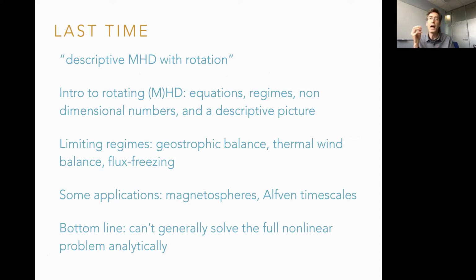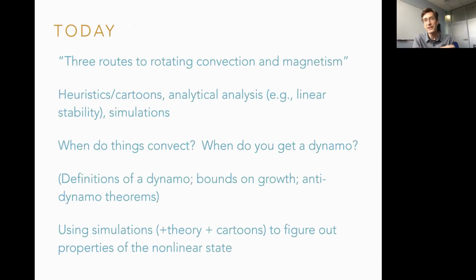So the basic punchline of that lecture is that, look, these equations are hard. They are nonlinear equations with many, many degrees of freedom. And so you can't, in general, get all the answers you'd like analytically. They are very difficult systems of equations. And so we need to use different tools to get at the answers we want. And so the story of today is I want to zoom in a little bit on